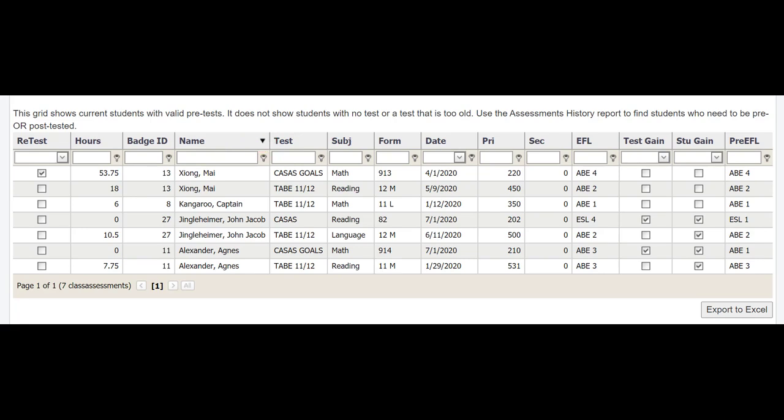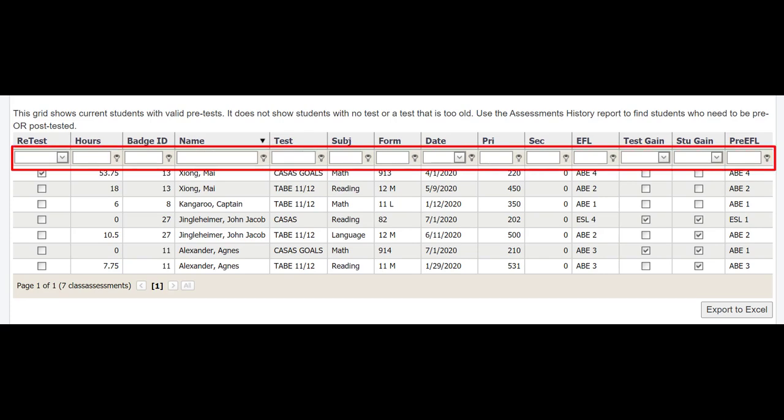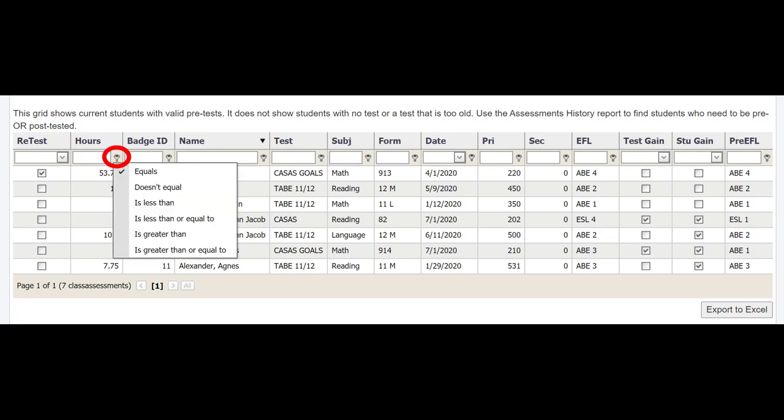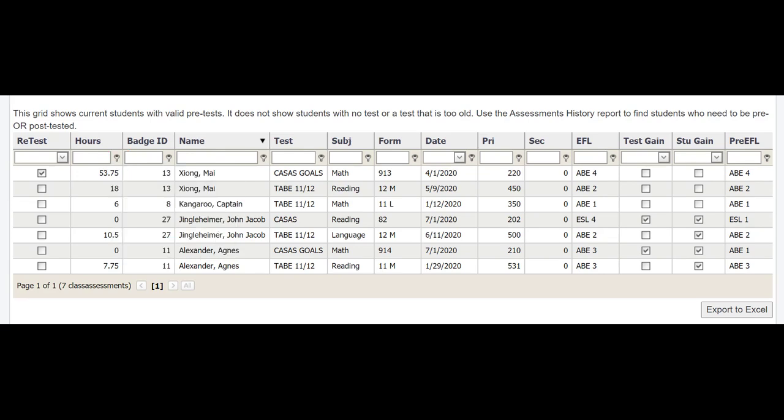To filter or find a set of students and tests, type in the search boxes. The white box is just below the names of the columns. Use the menus and key tools to help you refine your search. Below the search boxes, a separate row shows the most recent valid test in each test family and subject for each student. If you need to take a closer look at a student test, click on the desired row and you'll be redirected to the student's assessment screen.